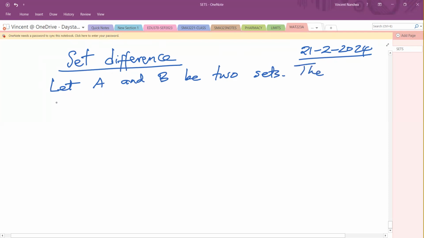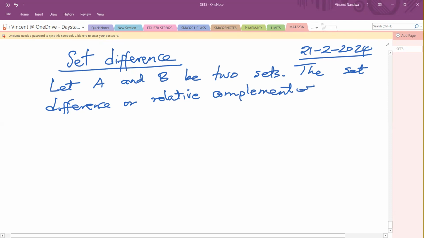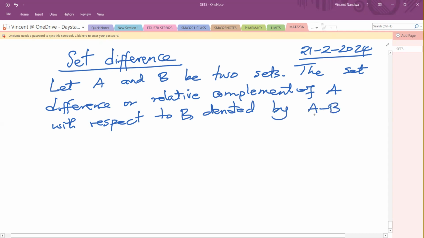Then the set difference, or sometimes we call it relative complement, of A with respect to B, denoted by A minus B, is defined as